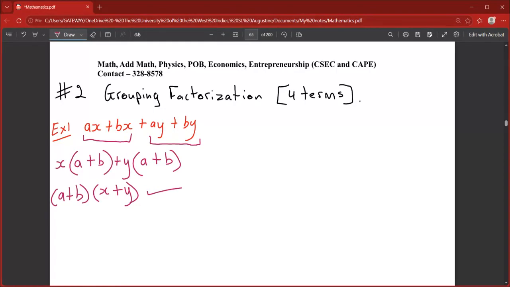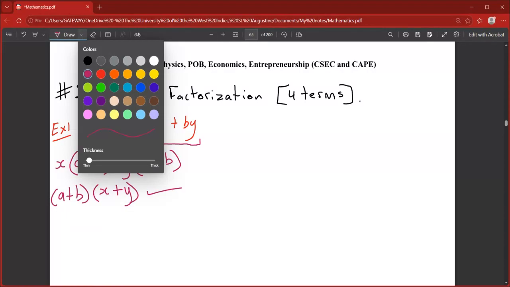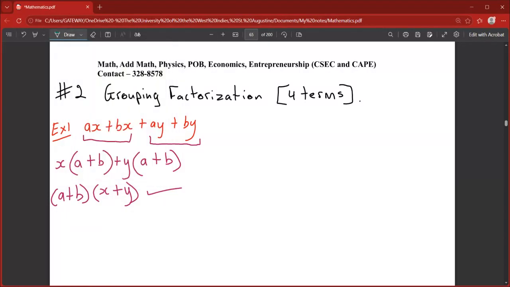Understand this, right? Right, so the first step is to group them in terms of pairs, then you factorize 2 by 2, in other words. So another example will be,